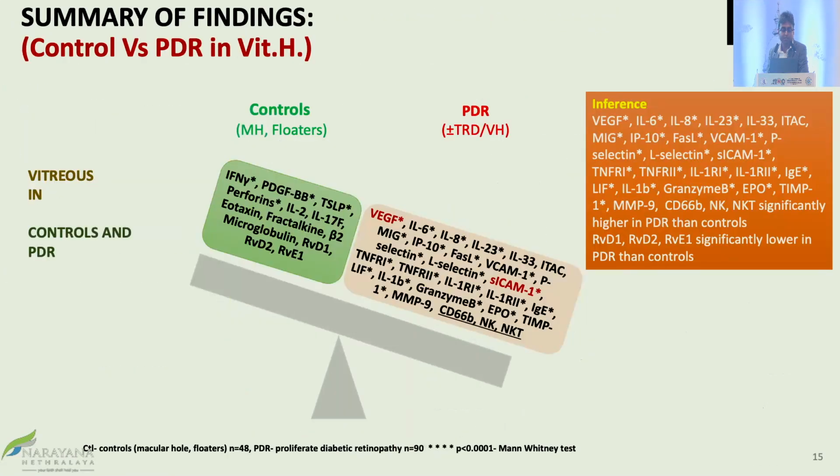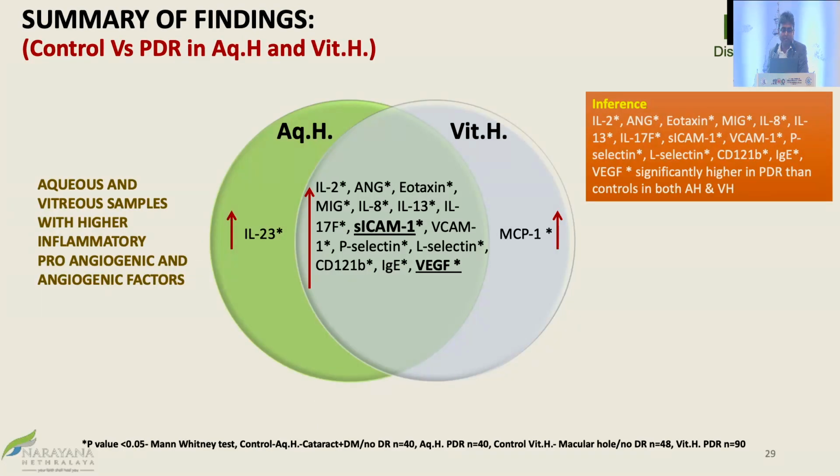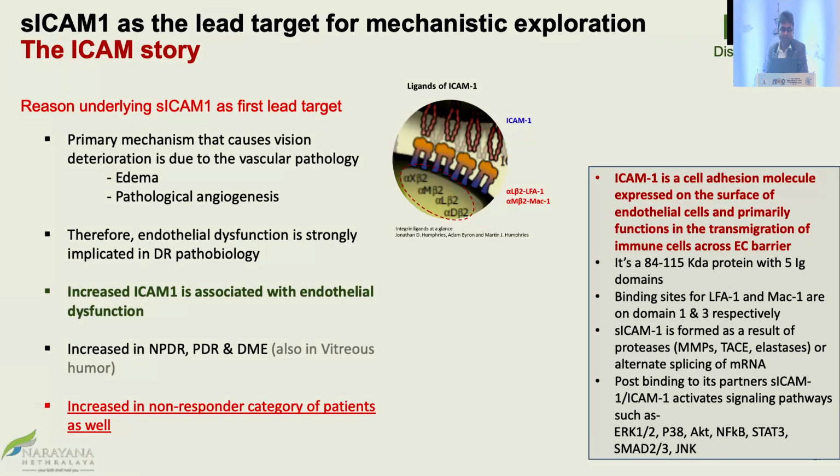Now, when it comes to vitreous, you can see a clear change in the biomarkers when compared to controls. When you have a vitreous hemorrhage and PDR, all these factors are definitely elevated. And again, these are the interplay between aqueous as well as vitreous humors in PDR and normal control cases. ICAM is one molecule which we found really interesting. That is because it's an adhesion molecule, and we have found that it is extremely important in non-responding DME, and we are proceeding along these lines to find more substantial research on this.